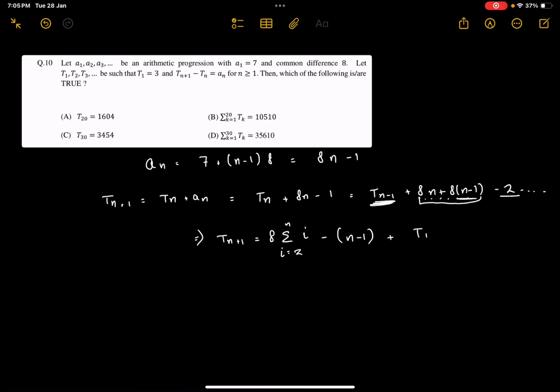So when there will be t1 we will have 8n plus 8 into 1. So this will in fact be from 1, and we have n minus 2 here, we have a 2 here. So when we'll have 1 we'll have n minus 1. No, we'll have an n here in fact. So that gives us